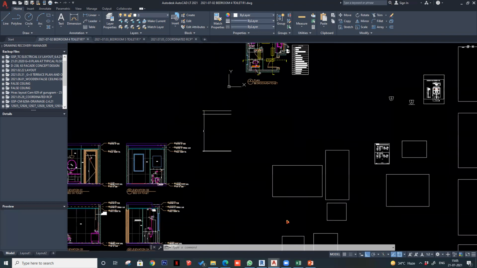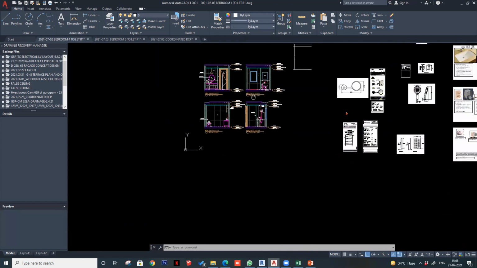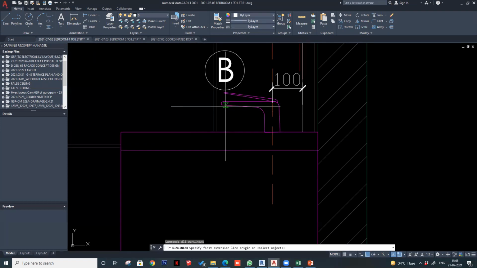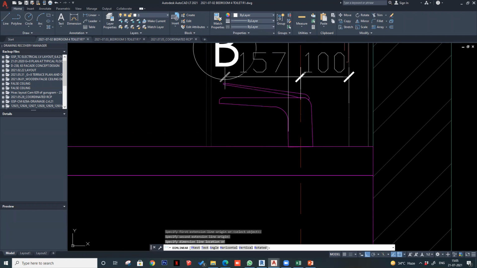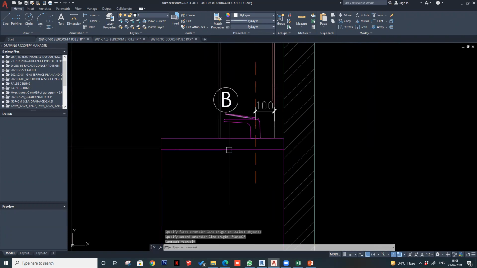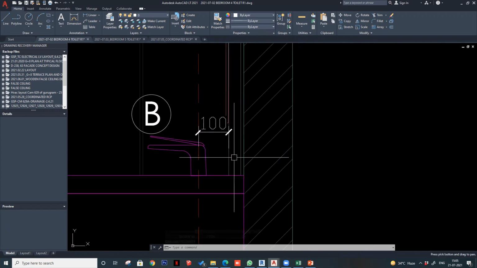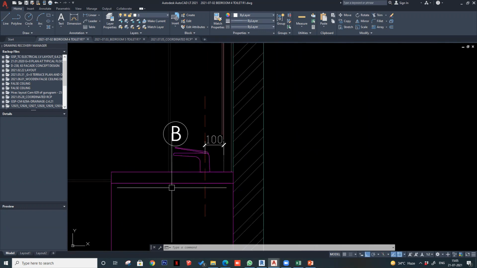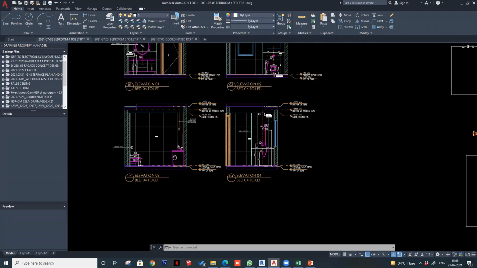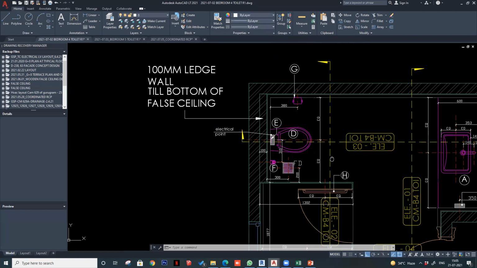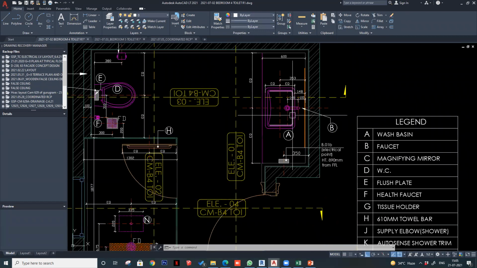Ideally there should be a center line here also, so this will be 148. And then I know where I have to place it for the water to fall inside.